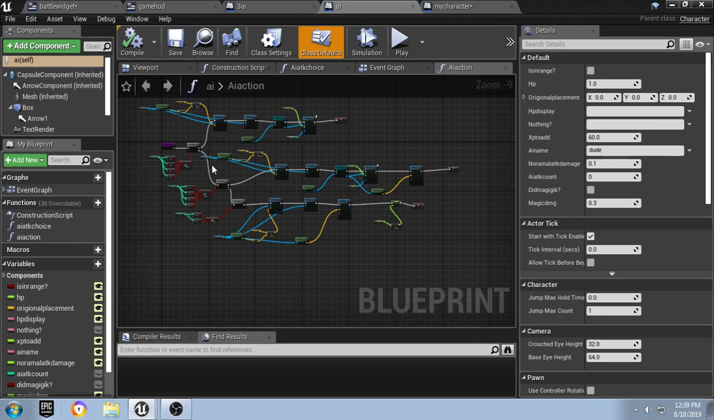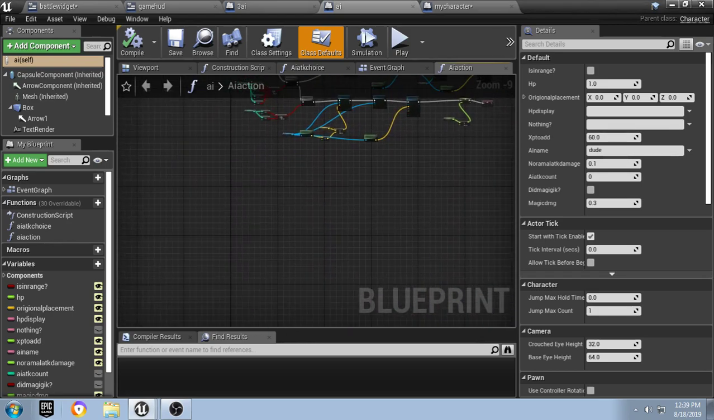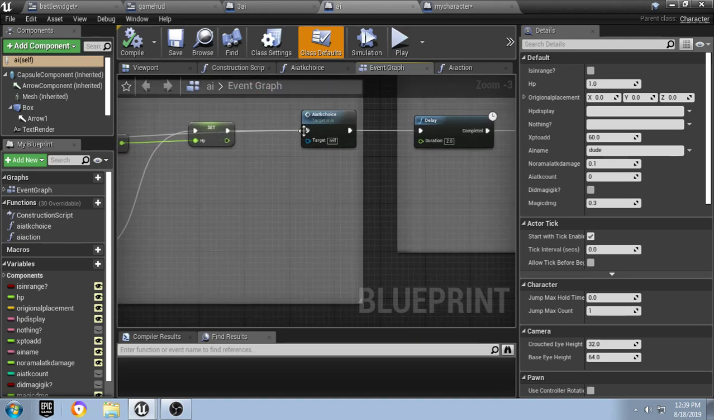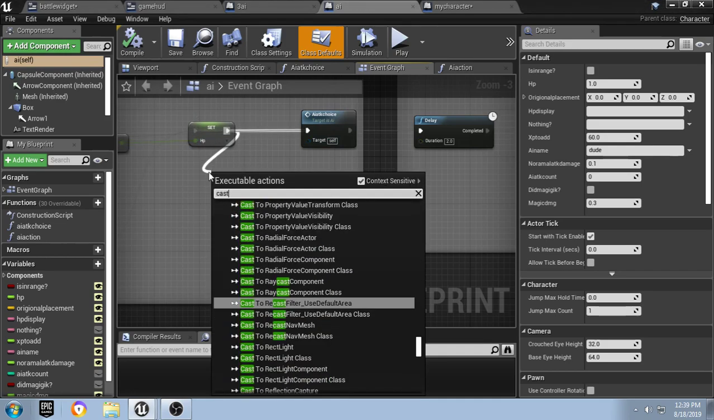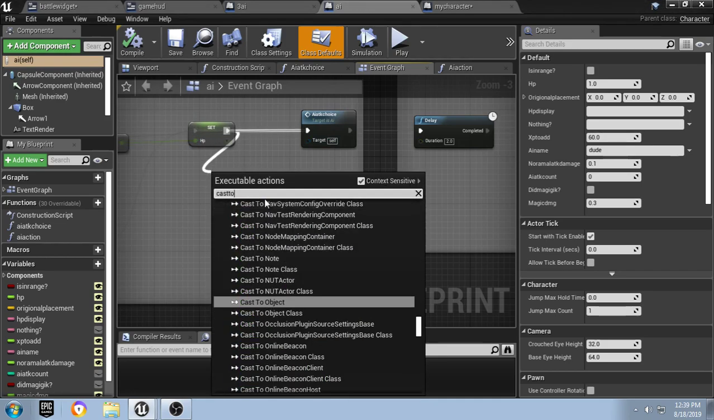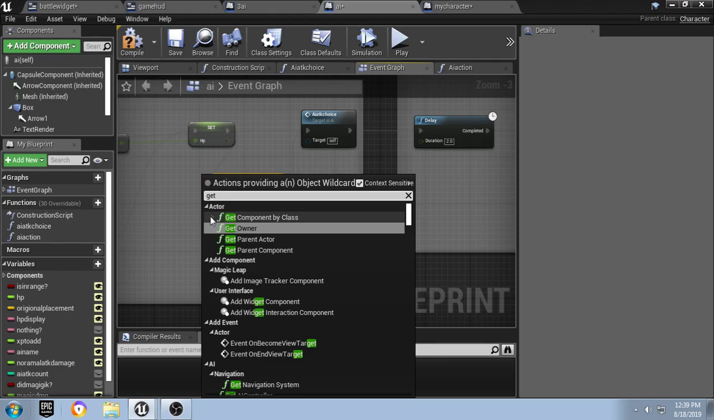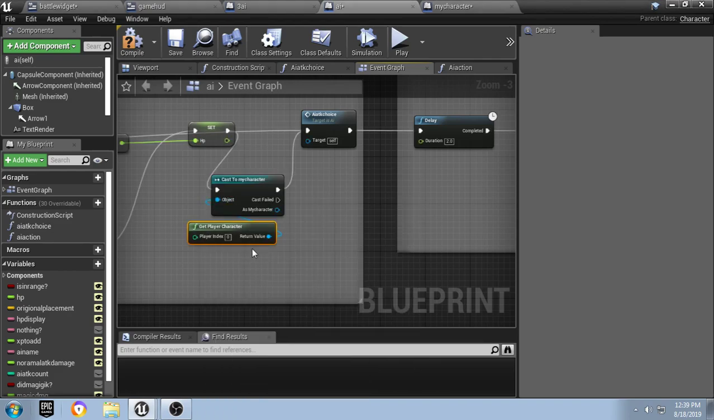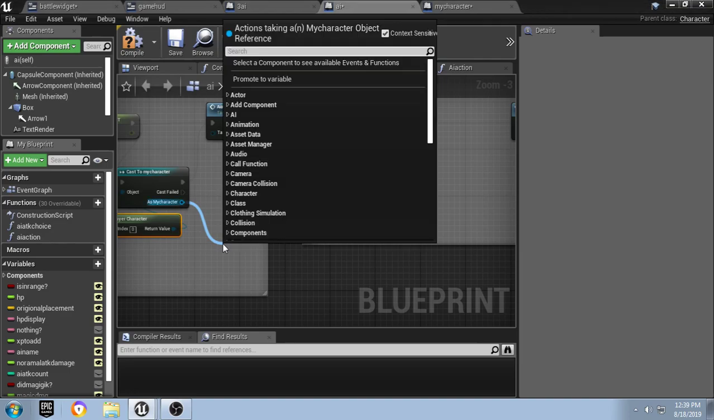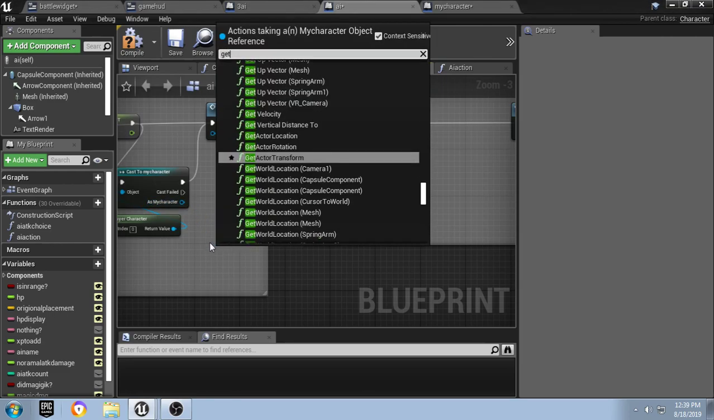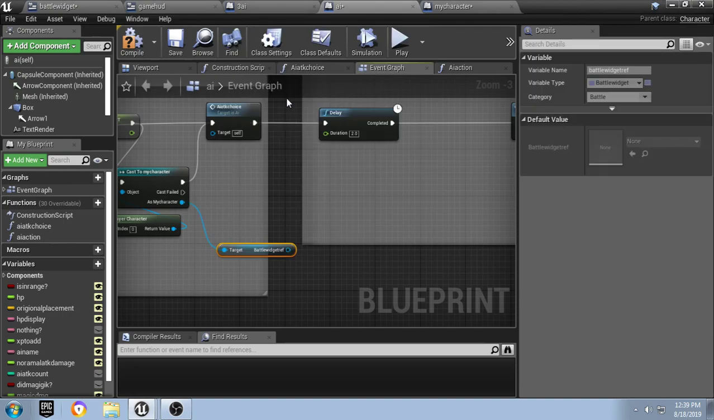So let's do that. We're going to go over to where we receive damage on our event graph, and just before here we're going to run a check. So we're going to pull off of here and say cast to my character, and we'll say get player character, let me have a look, see. We'll say get battle widget reference,